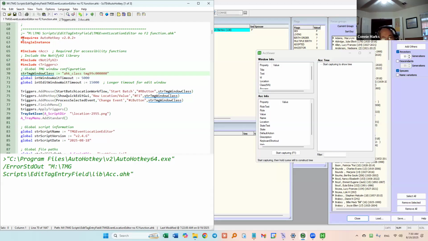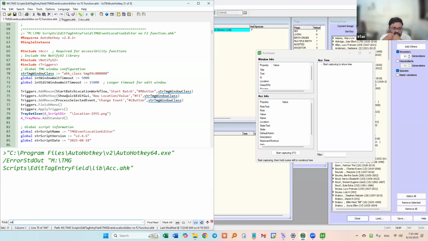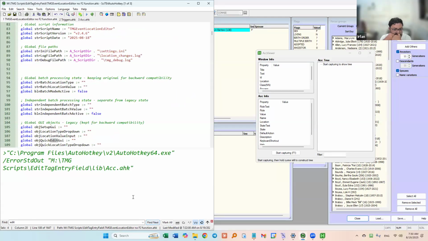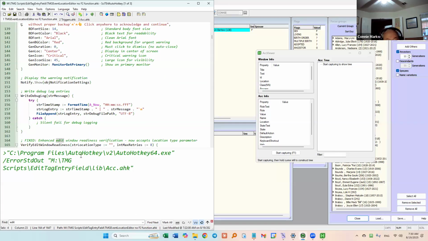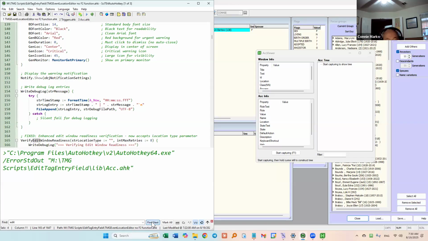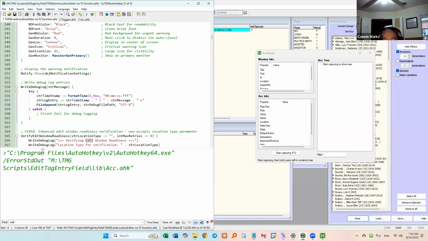It's your F1 function. There are so many edits. Yeah, there's gonna be a lot of them in there. I thought maybe I could find where it referenced the path, but